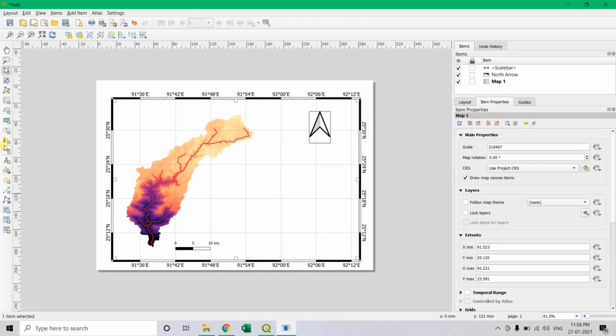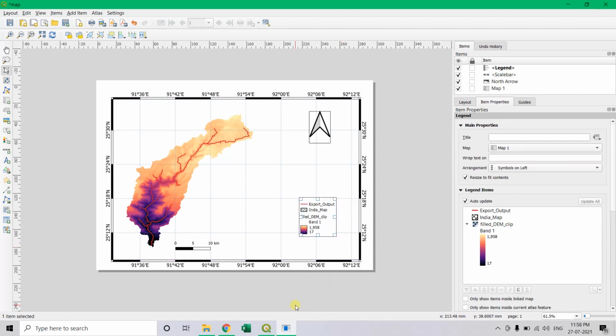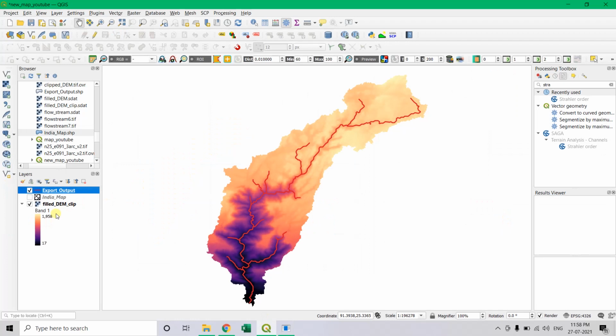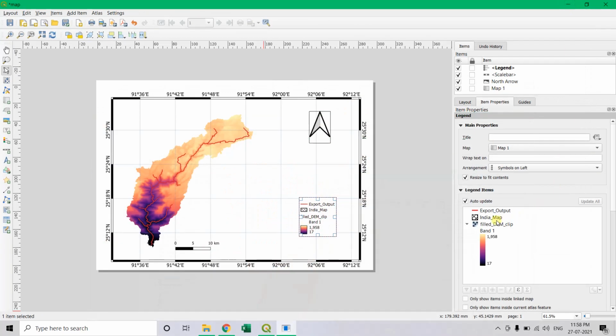What we'll do, here is the option, where is it, yes, here, go drag here. Now your legends will be added. Now if you want to change this title and other things, then you have to click here. Here is the option auto update. If you want to update anything here, then you have to update from the main page. If you update in the main page, all the things will be updated here.